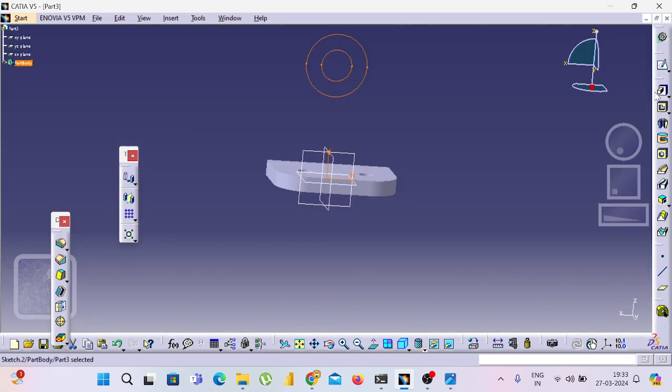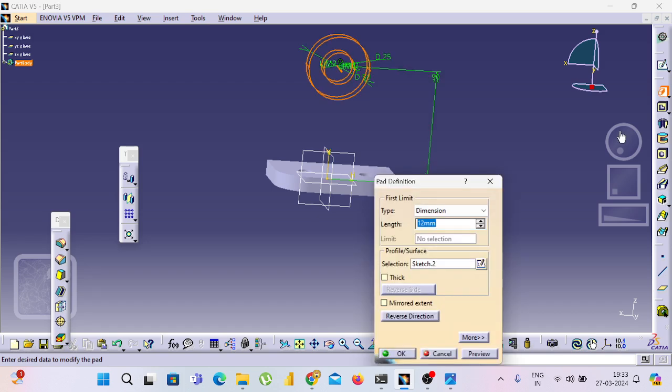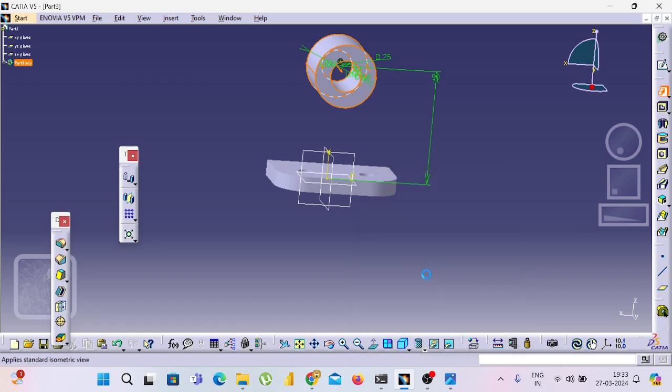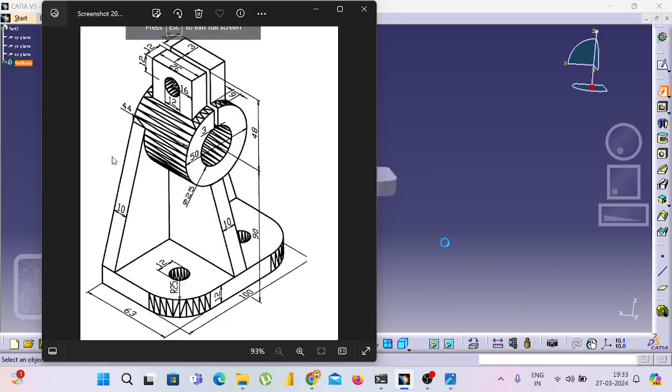Right, pad, right, 44. Preview the direction. Right, it is okay. Right, now I have drawn this one,